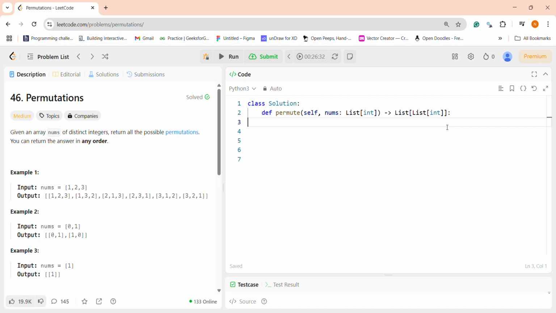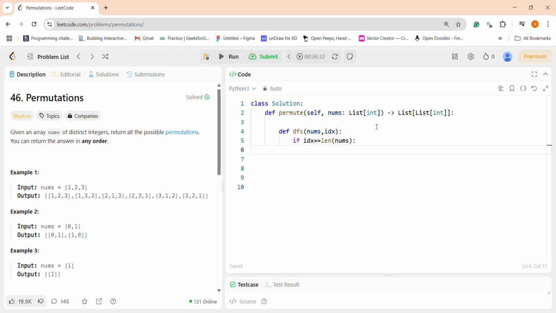Okay, so let's define a function that takes the current array and the index of the chosen element that we are going to swap to create a new permutation of the array. I'll check if idx is equal to the length, then I would say okay, I'll keep